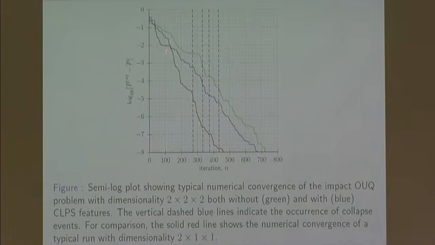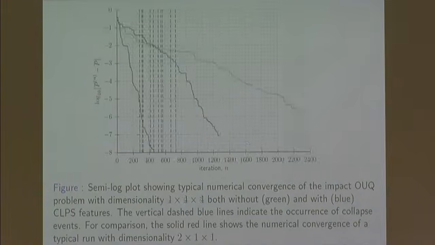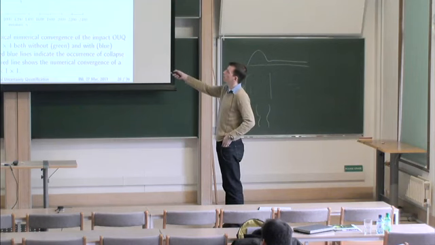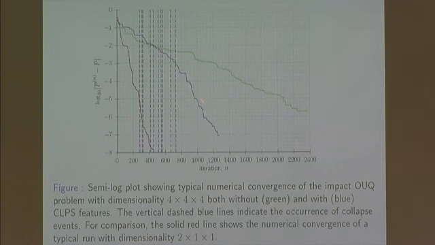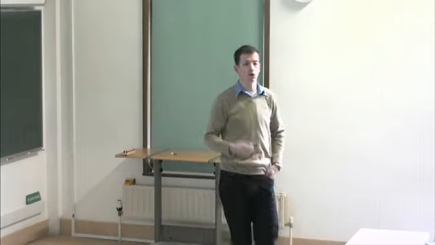Now I really over-dimensionalize the problem. I search over 4 by 4 by 4 very slowly. That's as fast as I could go, which is starting from sort of cheating, starting with the solution, or the structure of the solution, already in hand. The blue guy starts off being slow, at the dashed lines sees a collapse event, speeds up, and by the end of it, it's going almost as fast as the best it could have done if you knew the solution in advance.